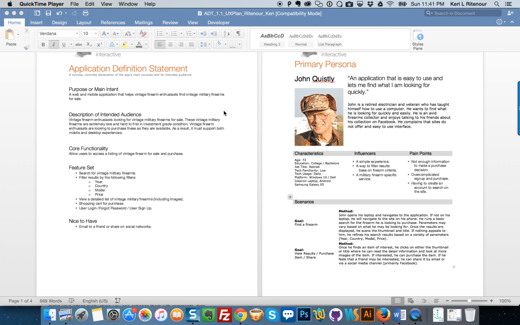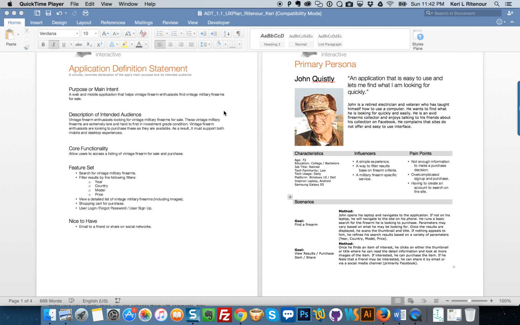Most of these enthusiasts are either collectors or actually use the guns out in the field. As a result, the application has to support both mobile and desktop experiences. The core functionality is that they will be able to search and find vintage firearms and purchase them if they so desire.